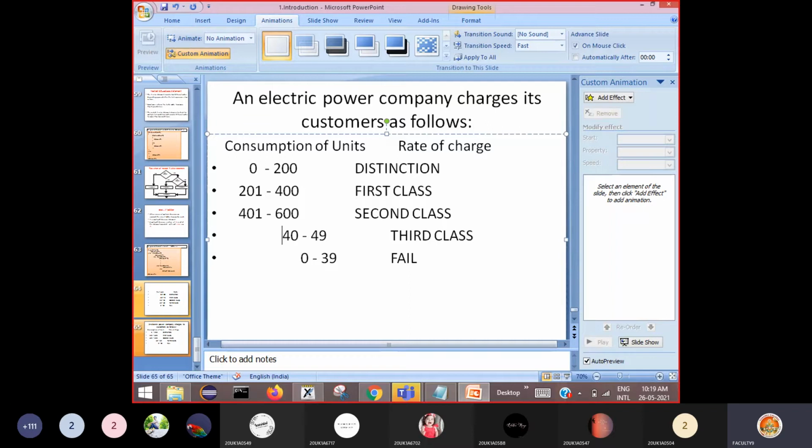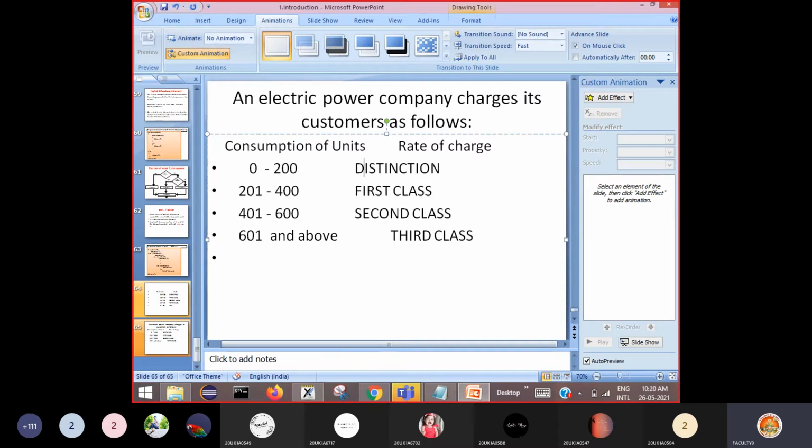And this is 601 and above. So if 601 and above, then you will be charged one kind of rate.